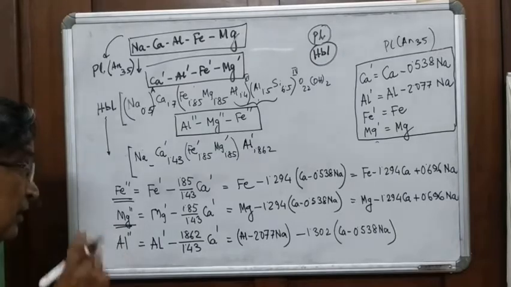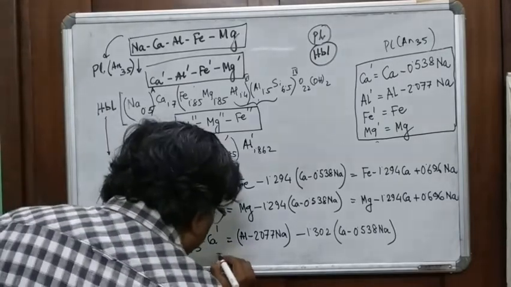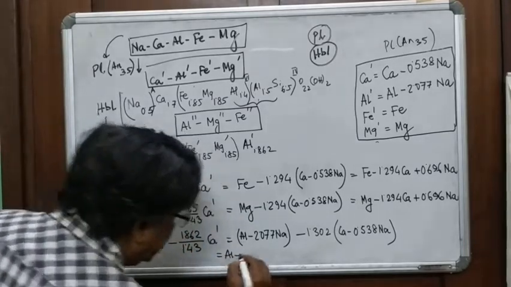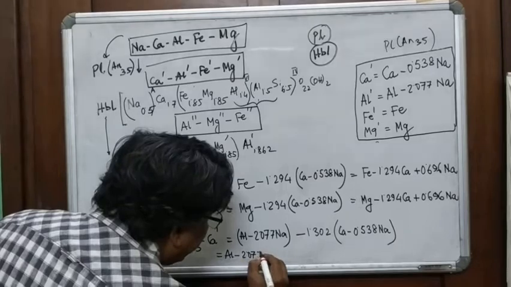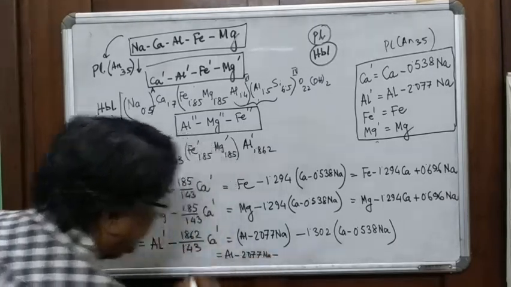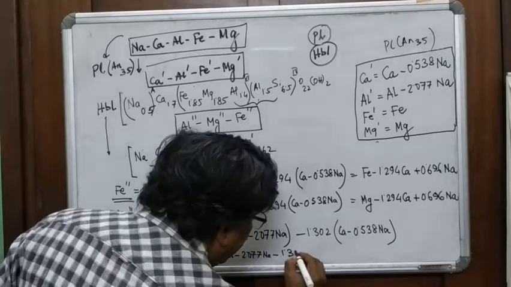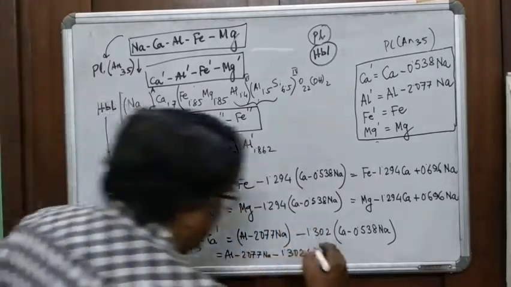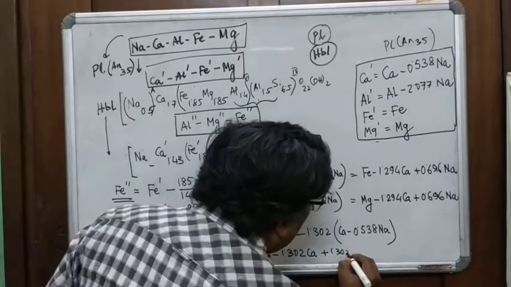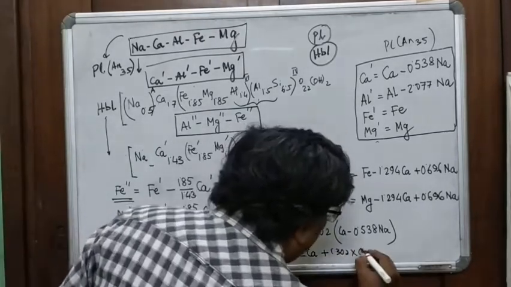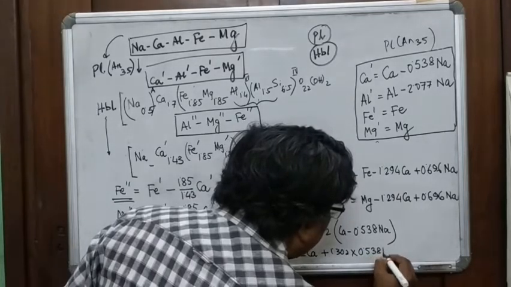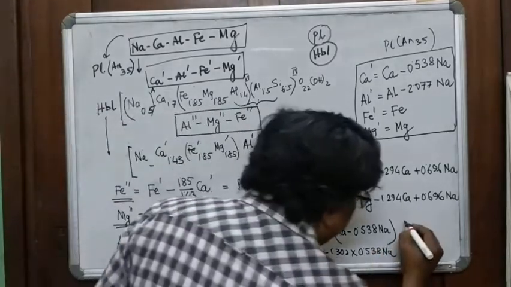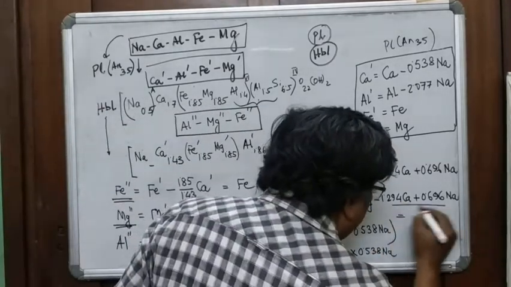Okay, so here it is now. Al minus 2.077 Na minus 1.302 Ca plus 1.302 into 0.538 Na. This is what it is. Have you understood? And so this one will be equal to